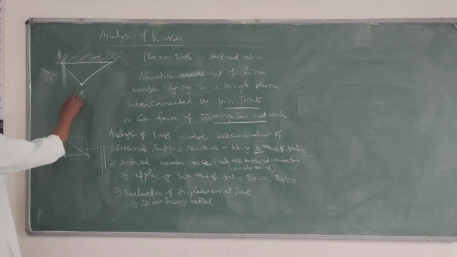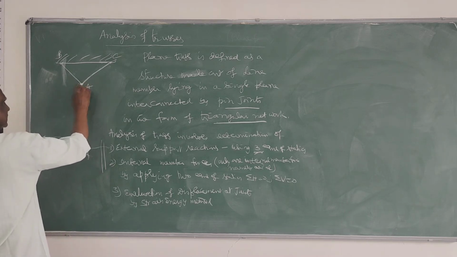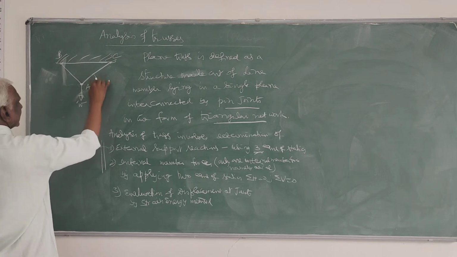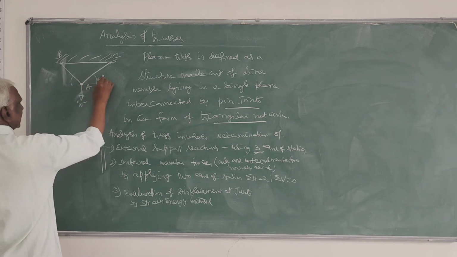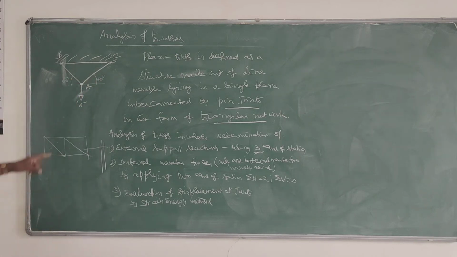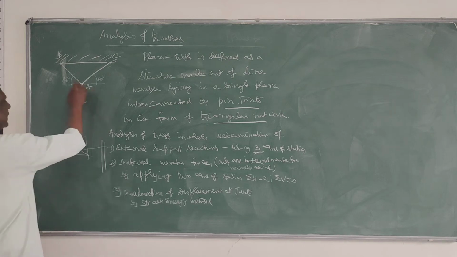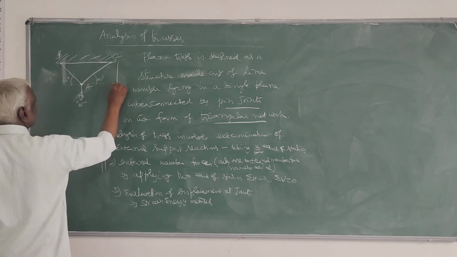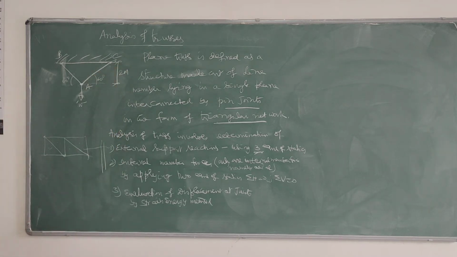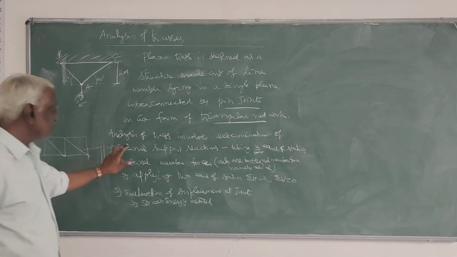So in this particular type of truss, we take up this truss. We take the load W like that, right? Here we take the inclination as 60 degrees, and here also it is 60 degrees. Either the inclination may be given, or the horizontal and vertical lengths may be given. Here we take the depth, the other dimension, as 2 meters. So this is the problem we have taken. So we start with this.